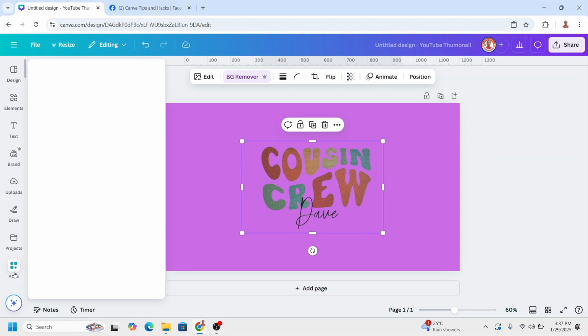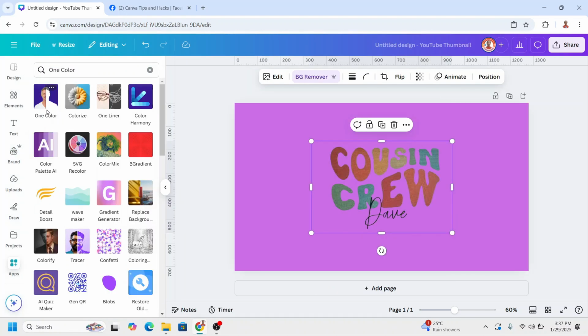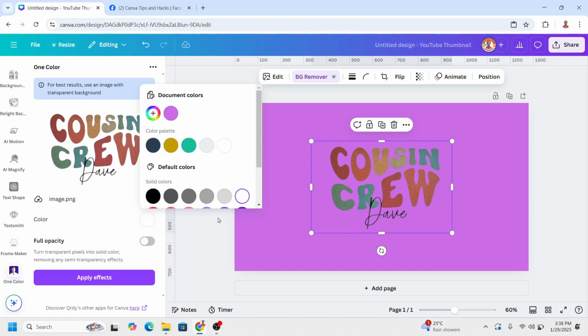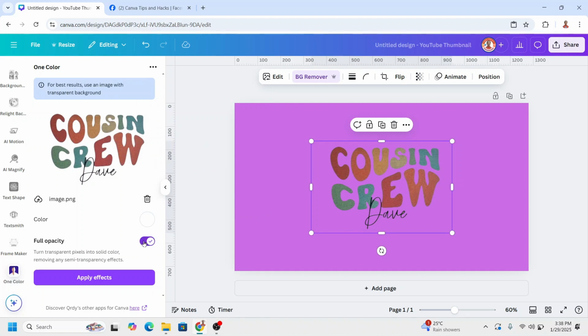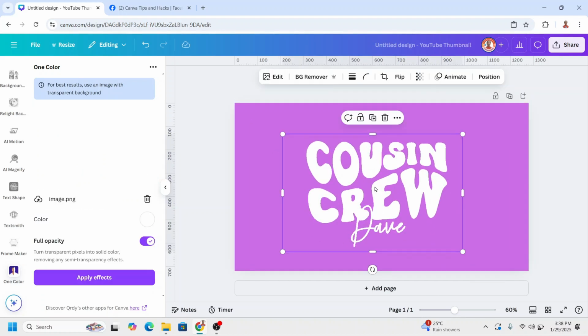Go to apps, type 1, choose one color, click this icon, change the color to white, turn on this full opacity, click apply effects. Click here, go to edit,